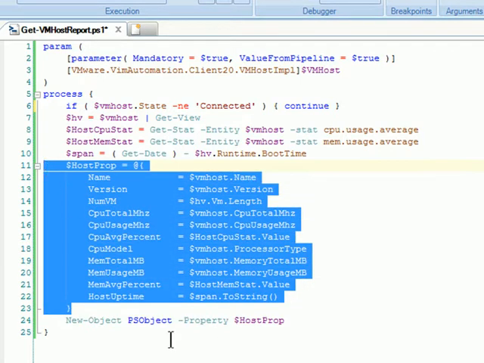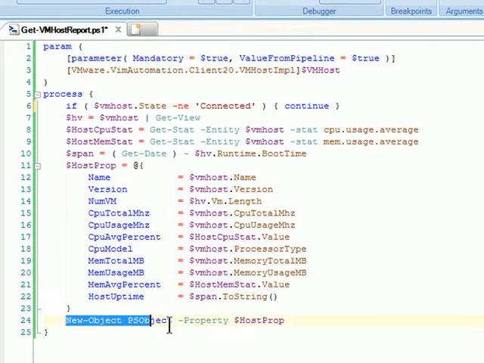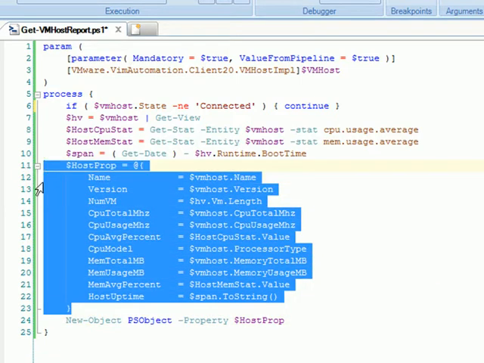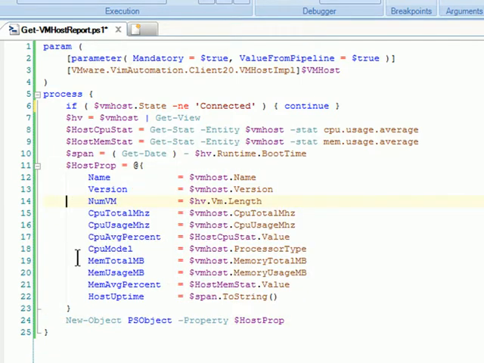The last thing that we're doing here is a really quick conversion of this host properties hash table into a PS object, otherwise known as a custom object. Let's just say that this is an easier way in PowerShell to consume this hash table. Hash tables can be a little bit awkward to work with for some people, myself included. There are some great things about them, but you can't use them the same way that you can use other things